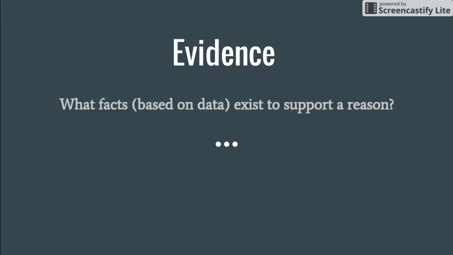Okay, the next thing that really good arguers do is this. They provide evidence. This is what separates just basic people that are trying to persuade from those that are really arguing and putting things together on purpose, is good evidence. What facts exist to support a reason? When we say facts, we're talking about data, statistics, numbers, percentages, things that have happened that are observable in real life. These are the types of things we're talking about when we're talking about evidence. Where is there evidence on the paper that's in front of you?